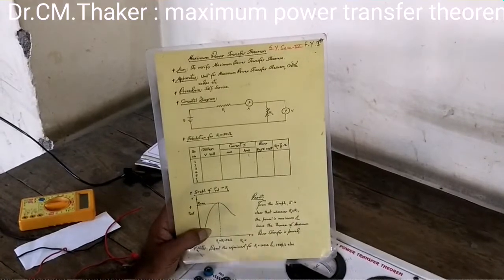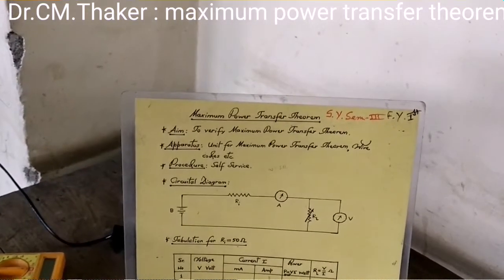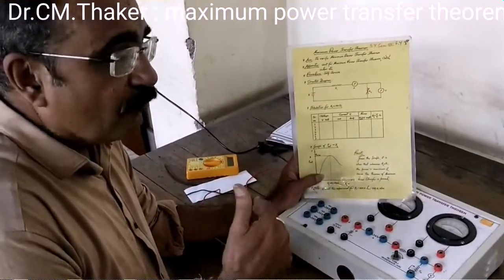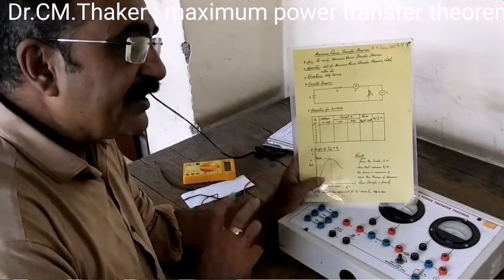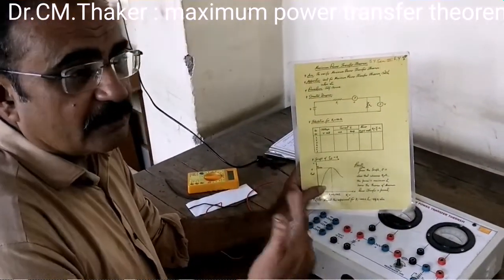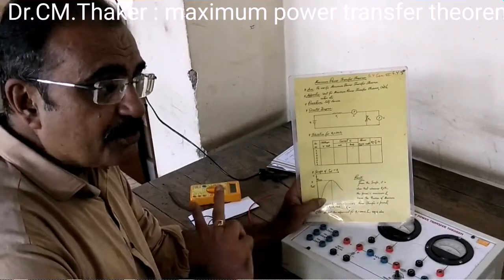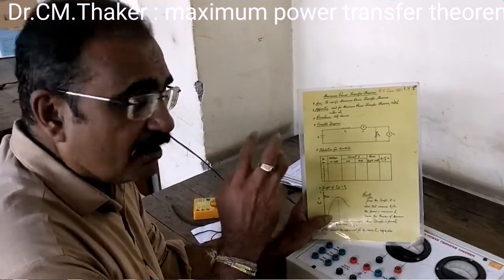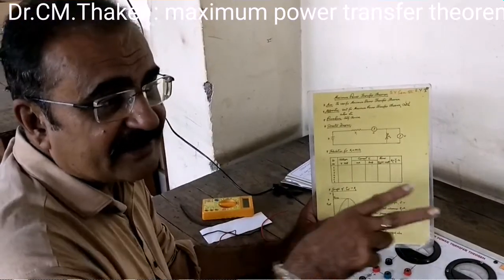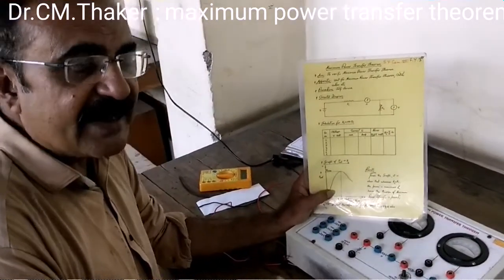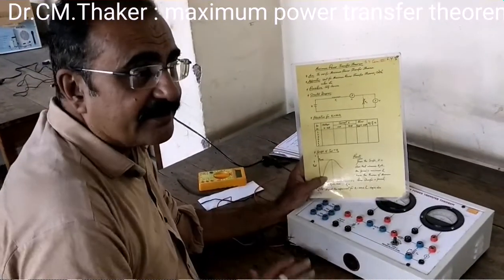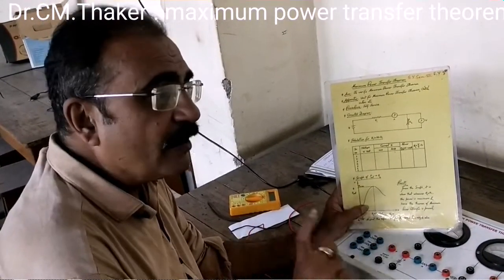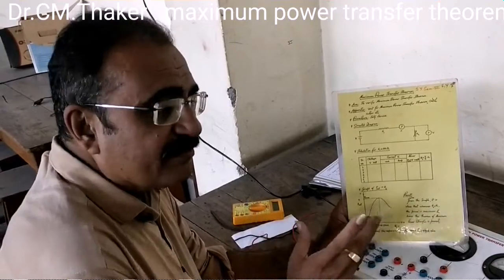So it is very easy to connect this circuit and very easy to understand. The aim is to know the maximum power transfer theorem. Suppose you have a circuit with a voltage as well as current, and we need the product of voltage and current, that is the power, to be transferred at maximum. Suppose the circuit has its own power and you have to provide that power to another component, and if less power is supplied by the circuit, then it is not viable. So the viable concept is that you have to provide maximum power.